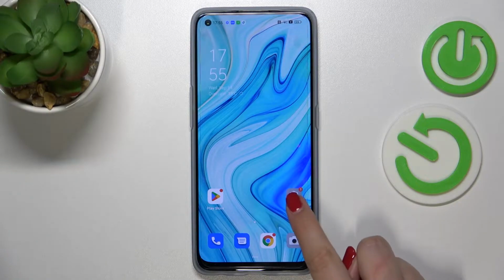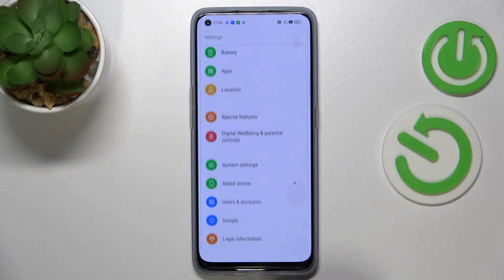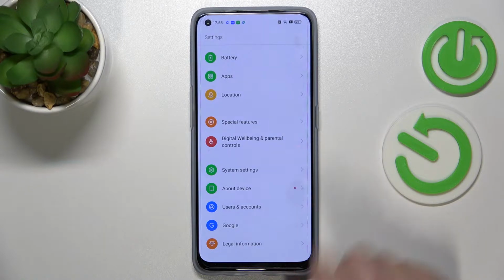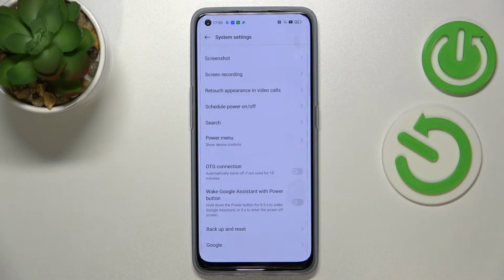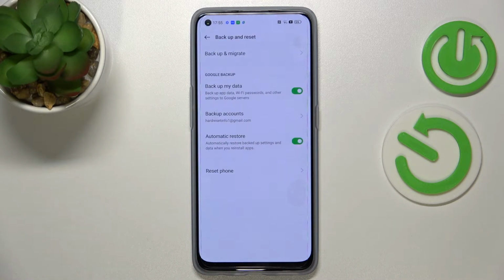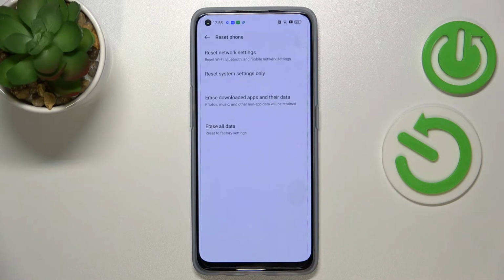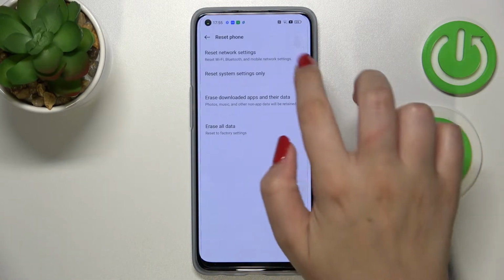So first of all, let's enter the settings. Here we have to scroll down to the very bottom to find the system settings and scroll down again. As you can see, we've got this section backup and reset option, so let's tap on reset phone. And as you can see right now, on the very first position we've got the option we're looking for, so